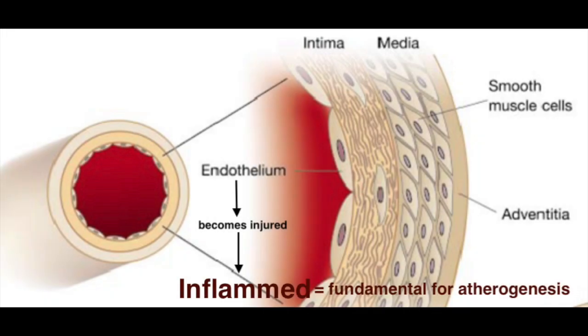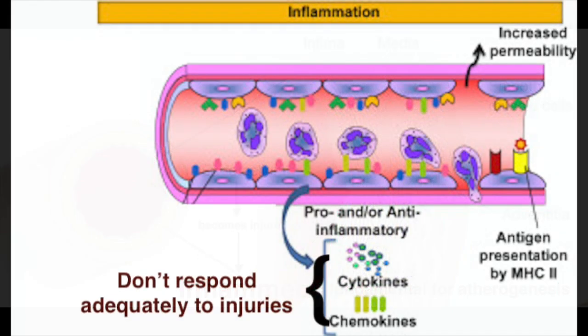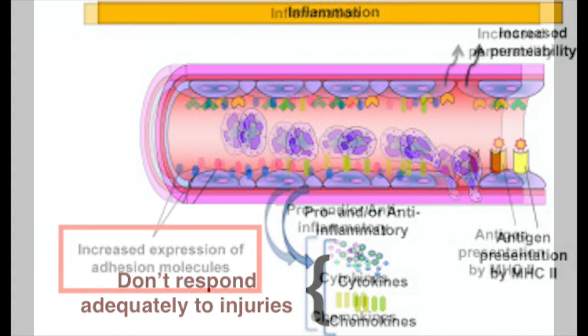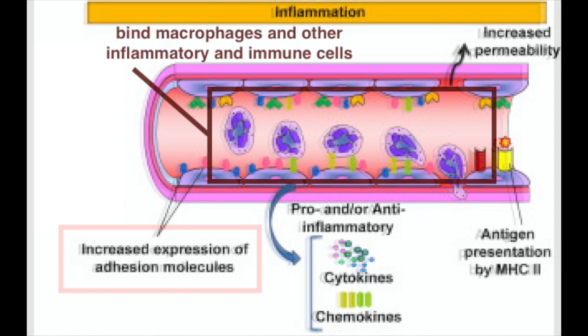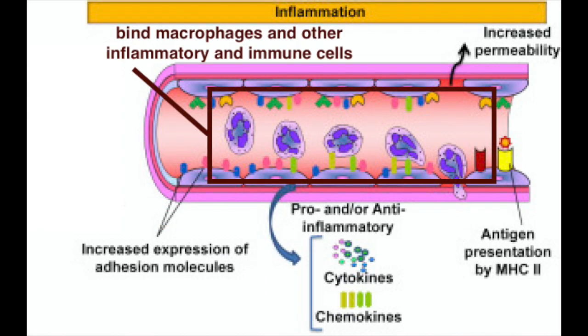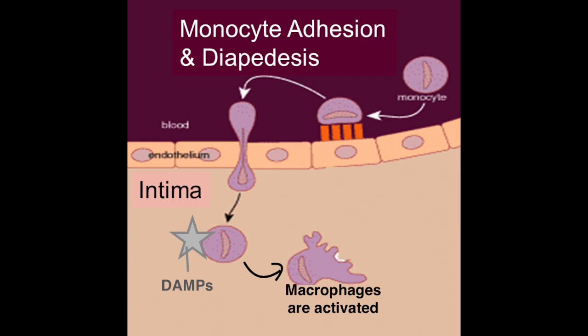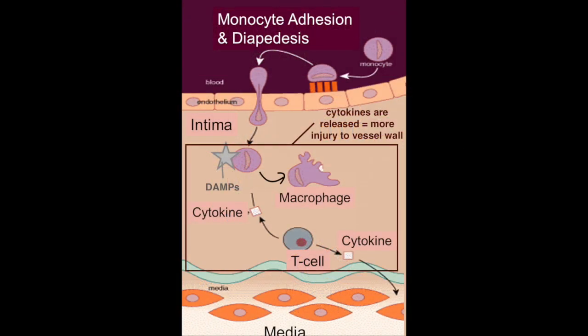Injured endothelial cells become inflamed, and inflammation is fundamental for the progression of atherogenesis. This is mainly because inflamed endothelial cells can't make normal amounts of antithrombotic and vasodilating cytokines, so it makes it very difficult to respond adequately to injuries. The next step is when these inflamed endothelial cells express adhesion molecules. These molecules bind macrophages and other inflammatory and immune cells. Macrophages are activated by binding to damage associated molecule patterns called DAMPs. These are released from injured cells, and the macrophages release numerous inflammatory cytokines and enzymes, and therefore lead to more injury to